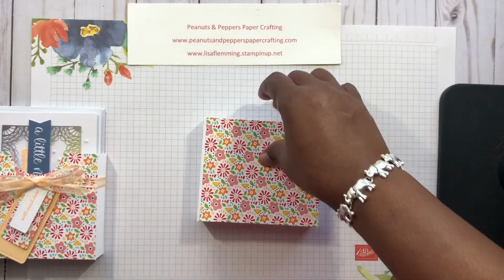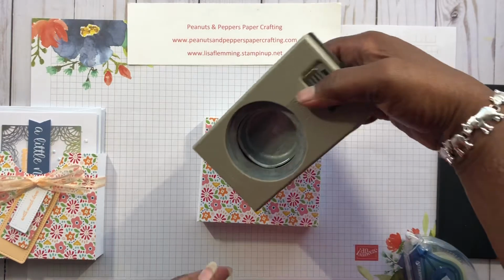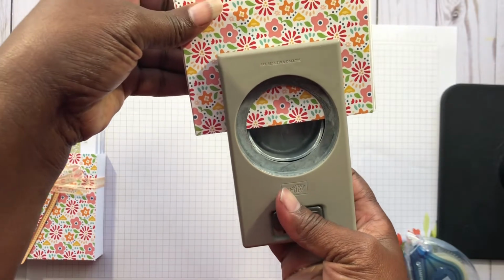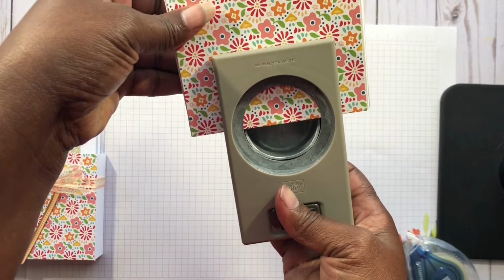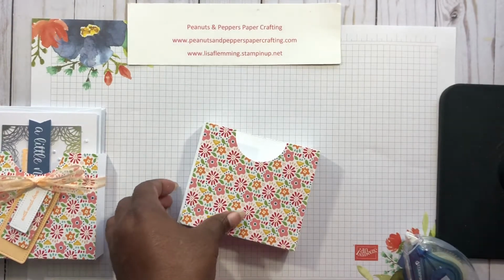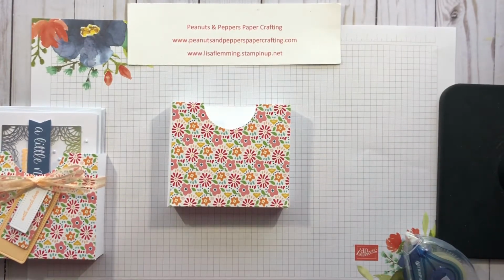Next, what I want to do, I'm going to use a twin circle punch. You can also use one of the layering circle dies. I'm going to come in, take my punch, make sure it's centered, and make a little notch. And then the last thing I want to do,